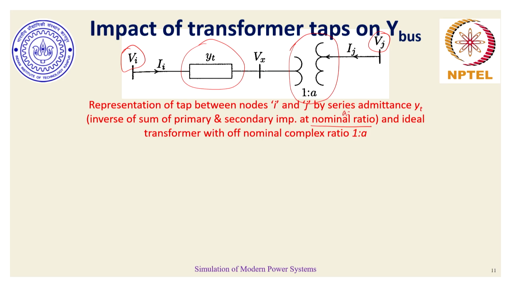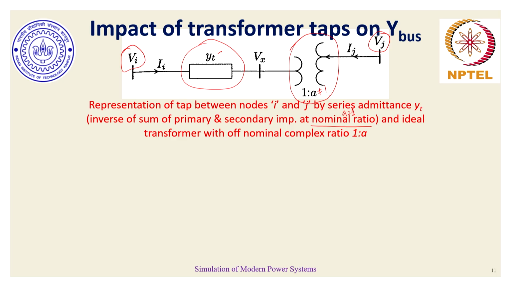That means if A is the tap value, whatever was the value of A, usually it would be 1 per unit based on the per unit analysis definition. Whatever is the value of this overall effective high voltage or low voltage side series impedance marked by Yt, that represents the lossy component, and the remaining component which is left with just the tap part, where A can be different than 1 or a complex number, represents the ideal complex tap position. So what do we do, or how do we consider this effect?